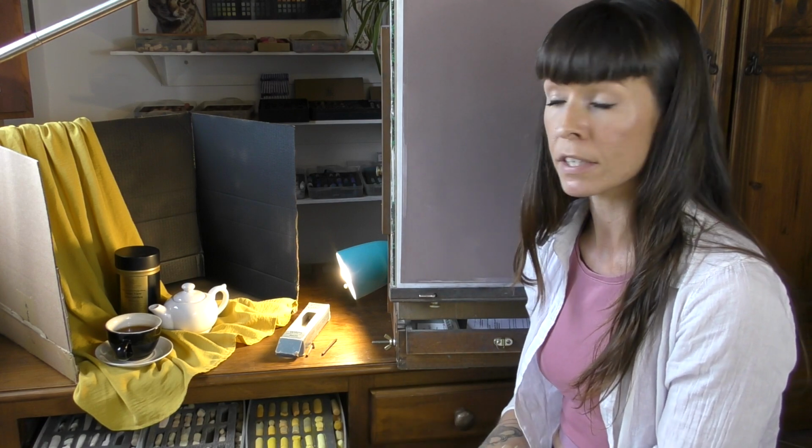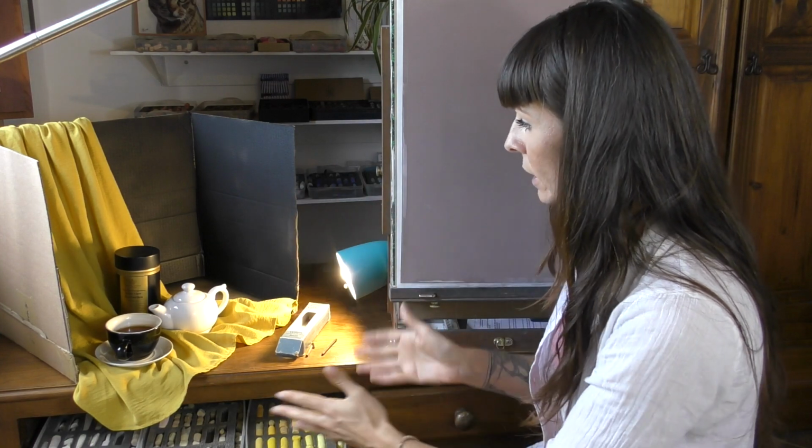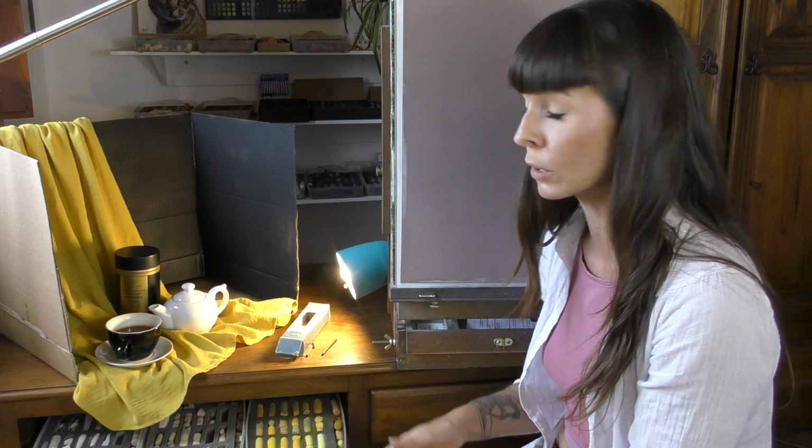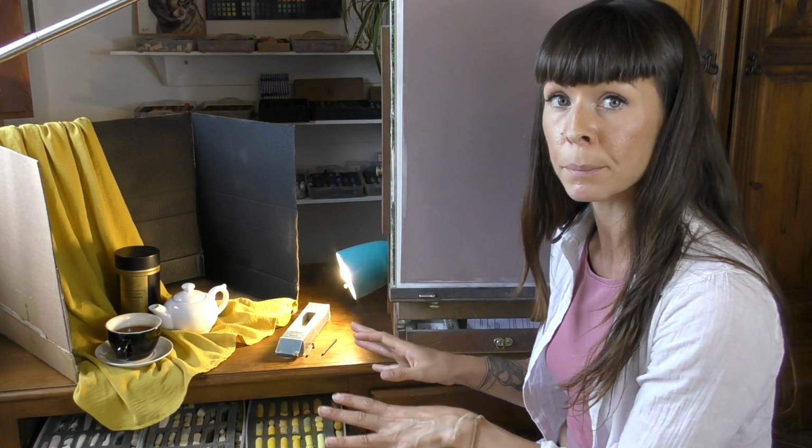So if you'd like to work along, I've just released the first part of this where I actually show you how to create your own still life composition, but I will release the photo references of this composition on my Patreon channel, so you can go there and download the high resolution images if you want to work along on this exact piece with me. But I do encourage you to go and have a look at that first video where I give you all the tips for setting up your own composition, and I'm hoping that lots of you will have a go at your own ideas. But this video is going to be all about how I sketch it out from the start,